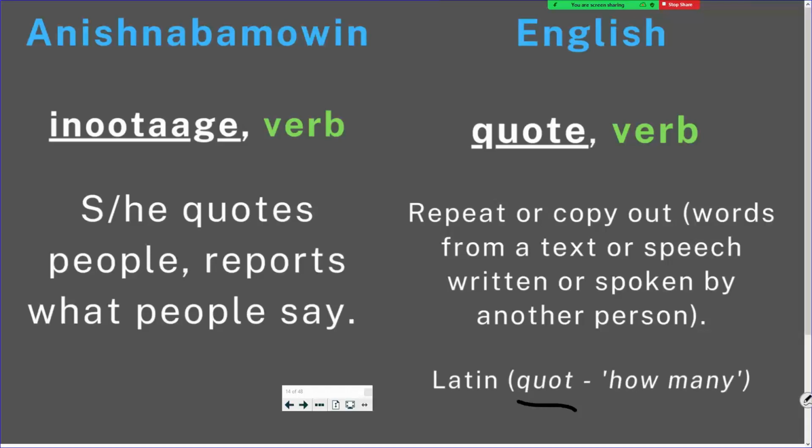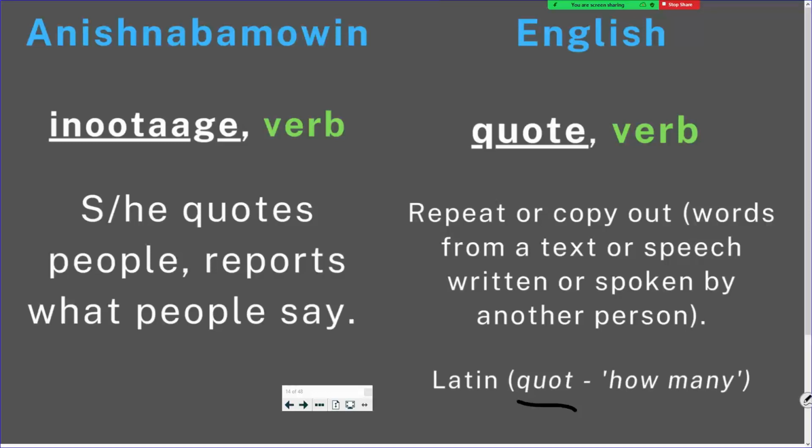And even today, when you give somebody a quote, like in a business setting, you want them to perform a service, you want them to do something for you. They give you a quote and they tell you how much they think it's going to cost. And that quote is like a general figure. And then you might agree with that quote, might disagree with it. And then they'll send you an invoice for a definite amount that you owe somebody. But that's the origins of the word.